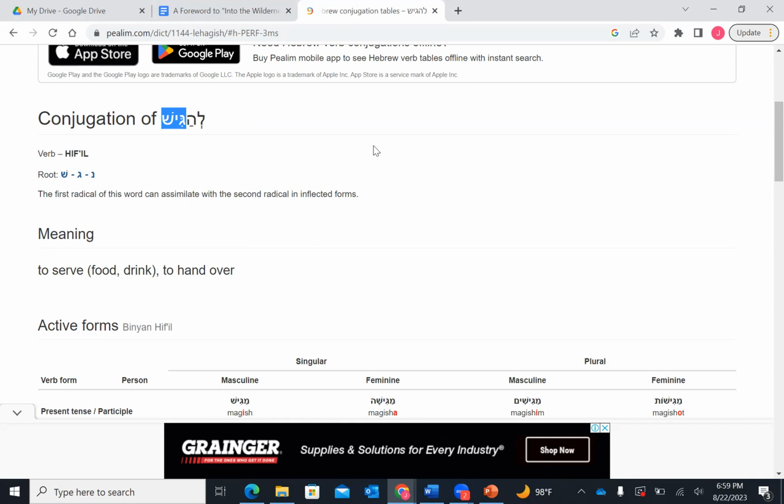Wait a minute, do that again with the "he feel." So, whoever it was that came up with the Nikud system, they wanted to take out the guesswork, I guess. When you have words in a certain verb family and you want to pronounce the root word, all you have to do is take the vowels out of the name of the verb family and stick them in there, and you can pronounce the word. So the root word here is nigish, and it is from the Hephil family.